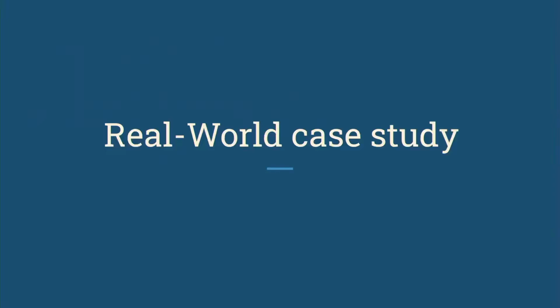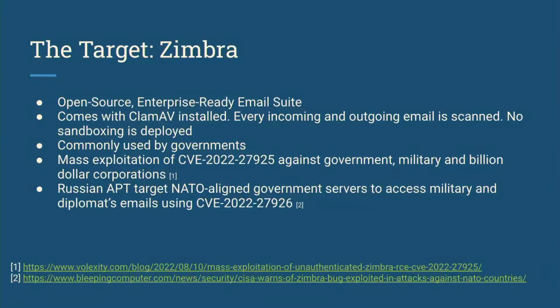So let's get into a real-world case study in a more realistic scenario. Today we're going to target Zimbra. It's an open source enterprise email suite, and it comes with ClamAV installed. Every incoming and outgoing email is scanned, and no sandboxing is deployed. Zimbra is commonly used by governments. For example, Volexity noticed campaigns of mass exploitation of CVE-2022-27925 against government, military, and billion-dollar corporations. And recently, I read an article about Russian APT groups targeting NATO-aligned governments to access military and diplomatic emails